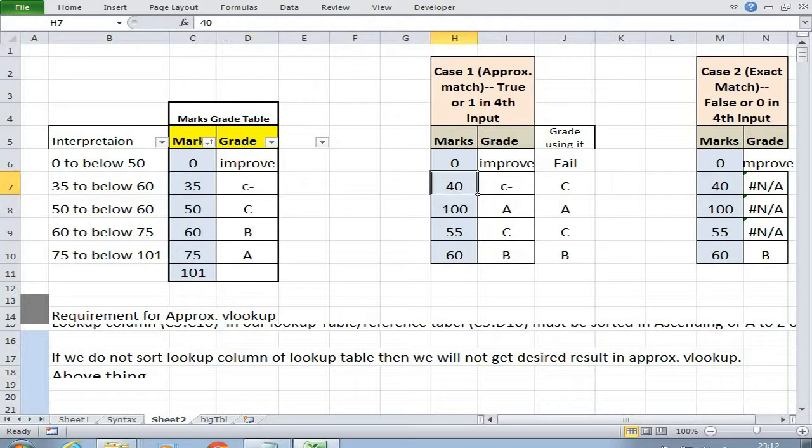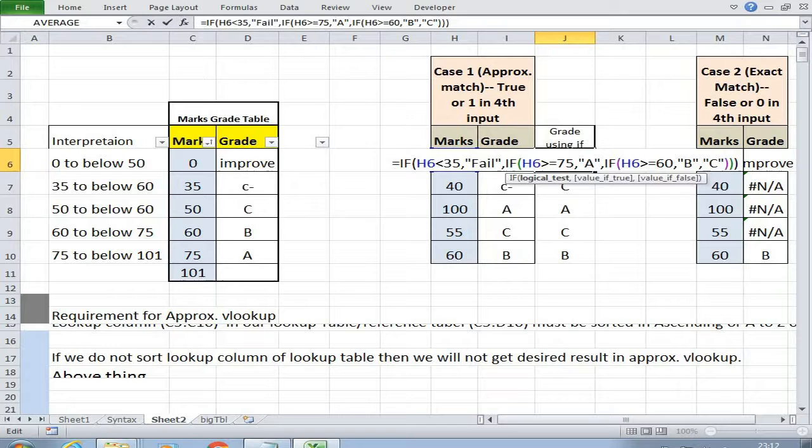As you can see here, for 40 we got C minus. We are getting instant reflection of this changed grading criteria in our grading output formula. So this is pretty much flexible and scalable as compared to complex or nested IF formula.